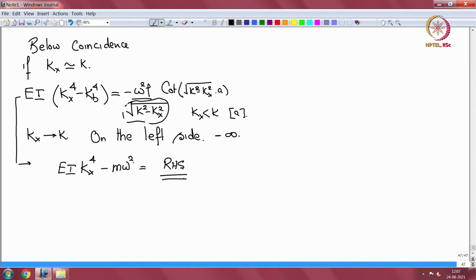This right hand side is reaching minus infinity, and therefore the only way that can be balanced by the left side is if mass tends to infinity. That means the plate density goes up, or the fluid